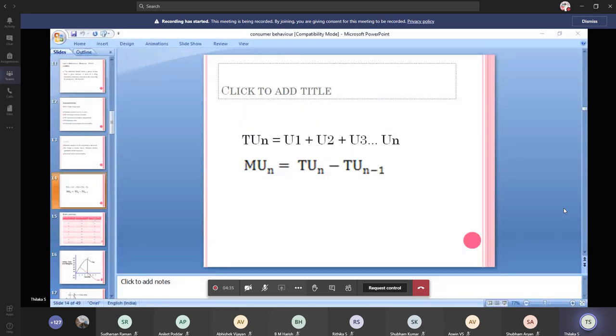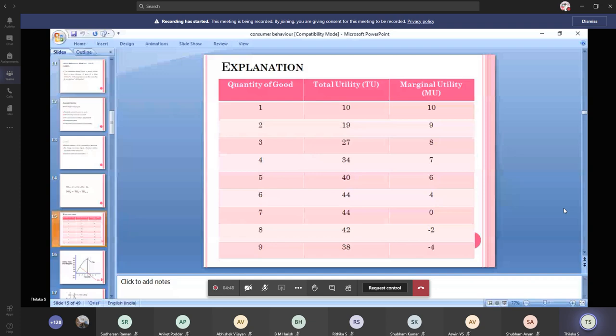Okay. So this is the explanation which was given by Marshall for his diminishing marginal utility theory. Marshall uses in both the theories, both the laws, the table and the diagram to explain the law. This table and the diagram is the body of the law, and the foundation is the assumptions. So if the theory was asked, you have to start with the statement, that is the definition of the diminishing marginal utility which was given by Marshall.